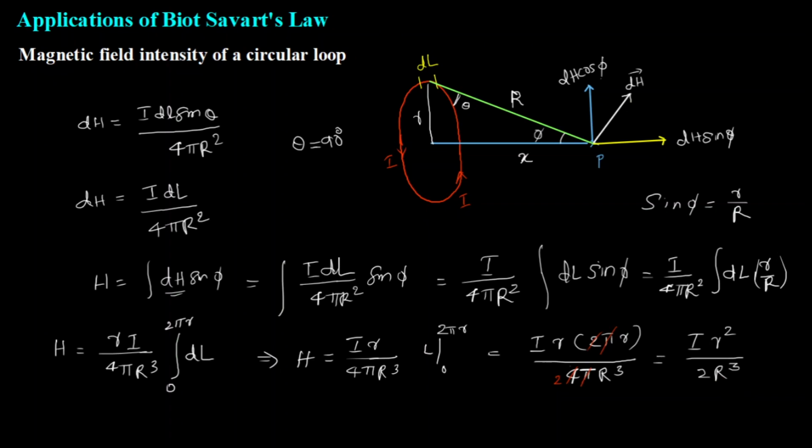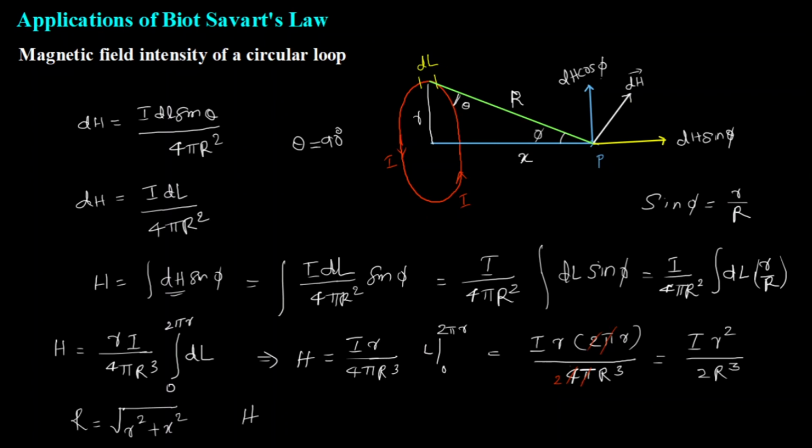I hope why I'm changing this equation is very clear to you. I don't want this capital R here. I want it in terms of the distance. So from the figure, what will be capital R? I get a right angle triangle, right? So capital R will be the square root of r square plus x square, by the Pythagoras theorem. So square root of r square plus x square.